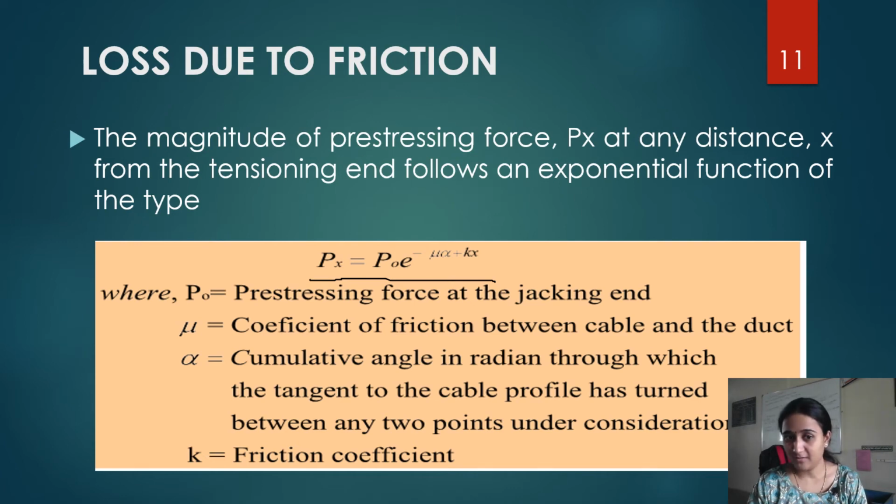What this alpha means exactly will get clear while we are solving one numerical. So till now just consider alpha is the cumulative angle in radian, and k is the friction effect, or k is the coefficient of wobbling effect or curvature effect. Okay,